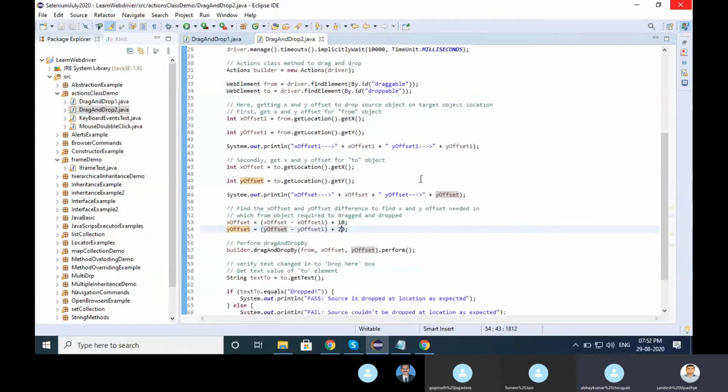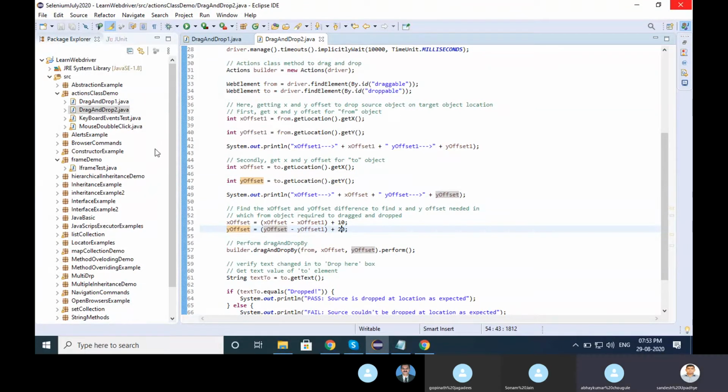Basically, I got it. Sandesh, one quick question on this drag and drop functionality. Does it work like upload functionality, or will upload have some other approach? No, upload will have some other approach. Drag and drop will not work like upload functionality. Upload functionality means in Naukri.com we have one button, right? We want to click on that button and go to our computer drive, a predefined path. Yeah, okay. That will not work with the Actions class. The Actions class will not work for that. Okay.